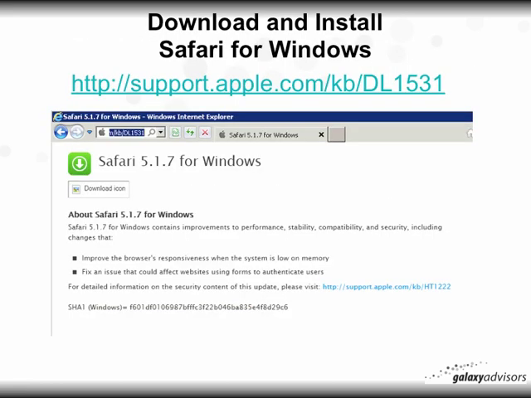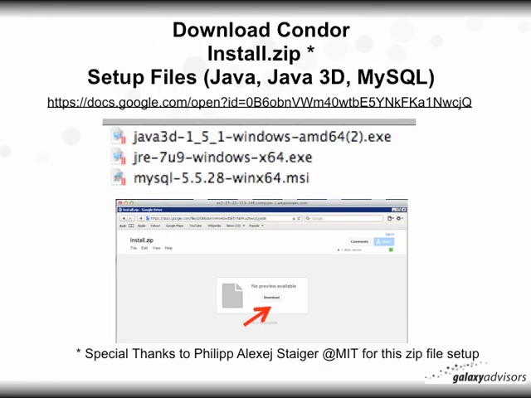And then you're going to use this URL, support.apple.com/kb/dl1531, to download Safari for Windows, which the current version is 5.1.7. And then what I'd like you to do after that is download Condor, the Install.zip file. The zip file contains the 3 files, Java, Java 3D, and MySQL, at this link,